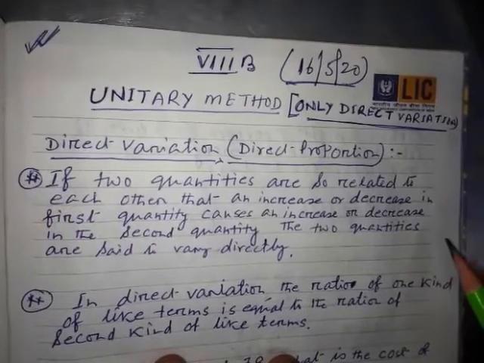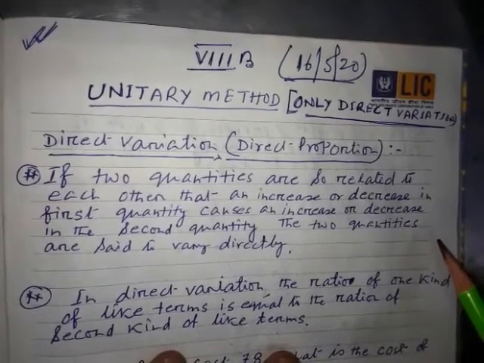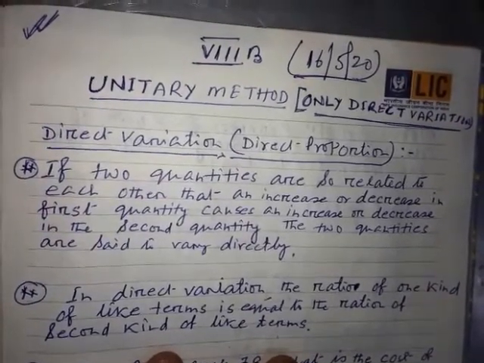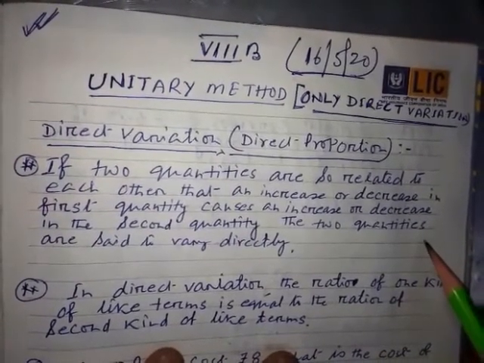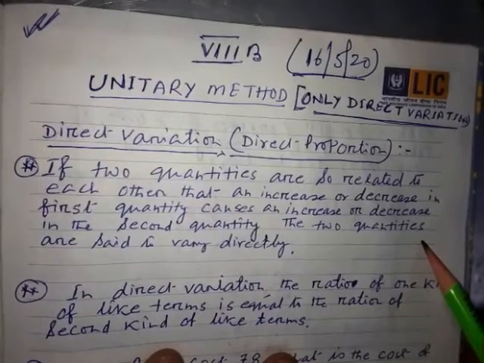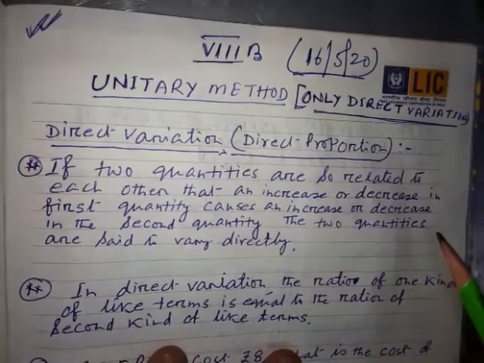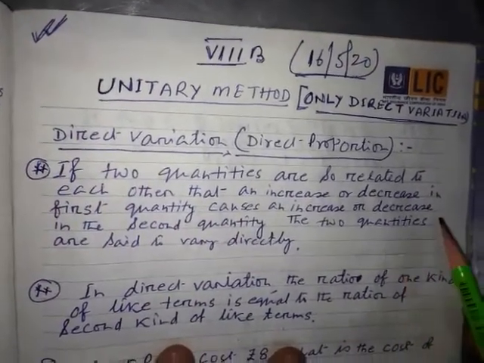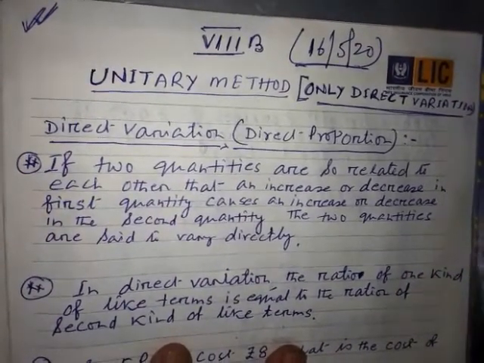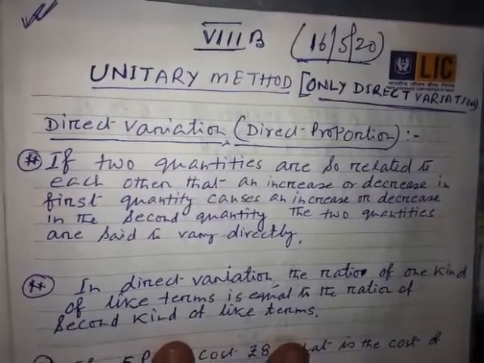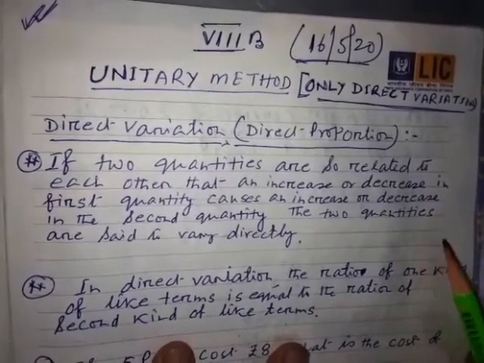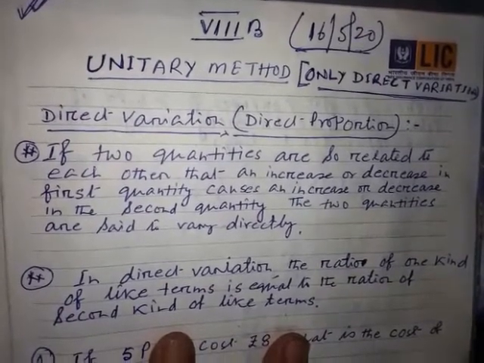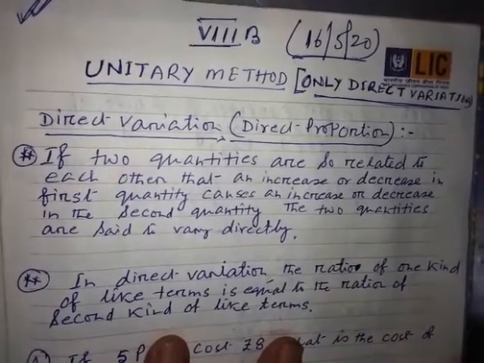And I am going to discuss problems on the basis of direct variations. Now whenever you are going to solve this kind of problem, you can solve it with the help of ratio or proportion, or you can solve it with the help of a statement also. When you are going to do it with the statement, what will you do? The thing you have to find out, you always keep it on the right hand side. And you know the meaning of unitary: always you have to find the value of 1. Again I am telling you, always you have to find the value of 1.